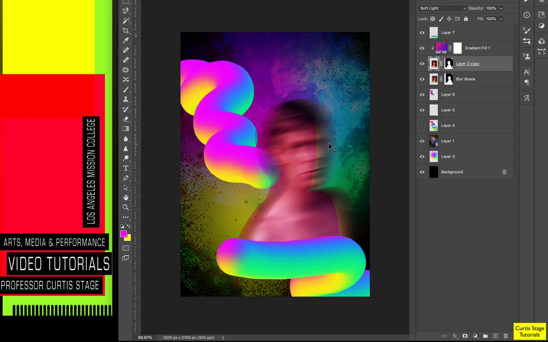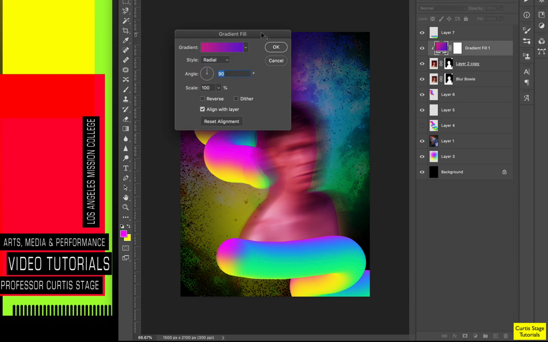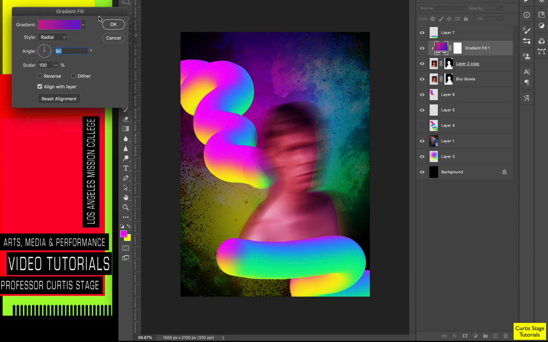So soft light, and then I can always move this one back a little bit if I need to with my move tool. So move it back. It was just a little too off because they're blending now. Looks kind of cool though. And maybe this is not the best gradient, but now that you got the clipping mask on it, you can really see it. So notice how I double click right here on the gradient to bring up the editor,